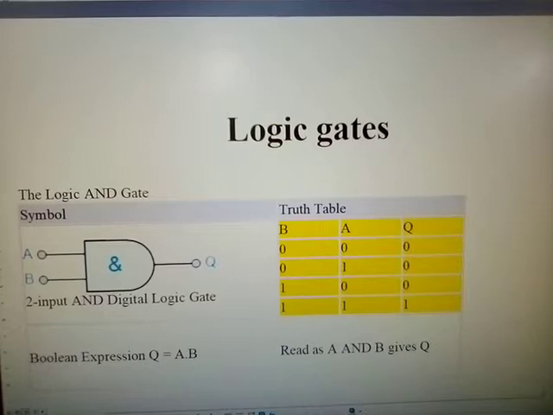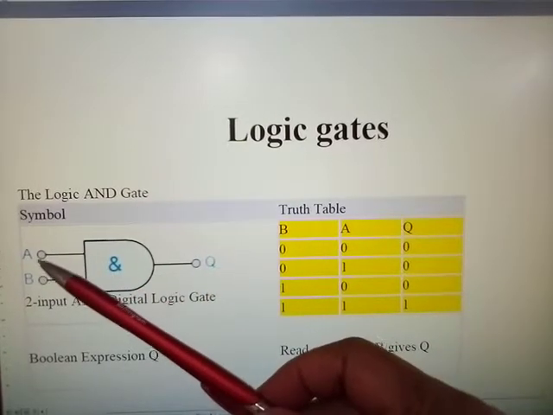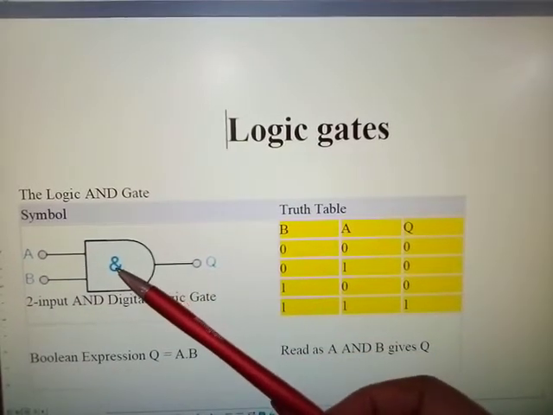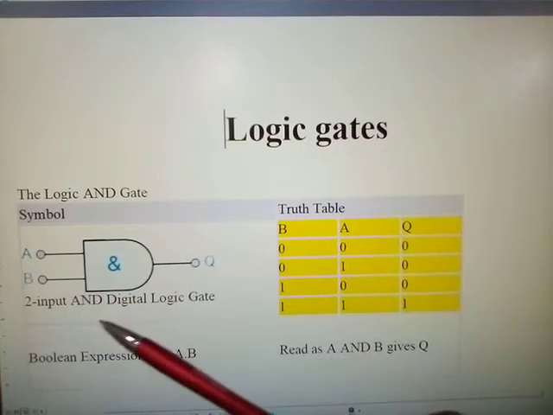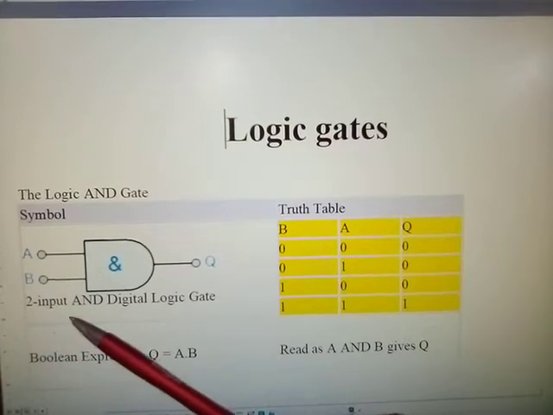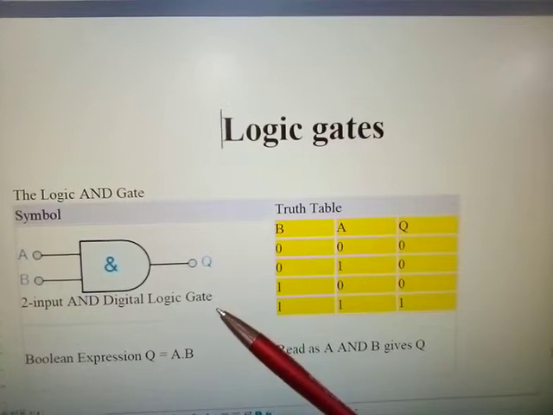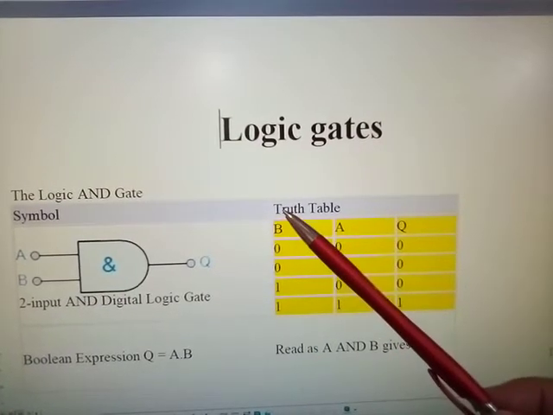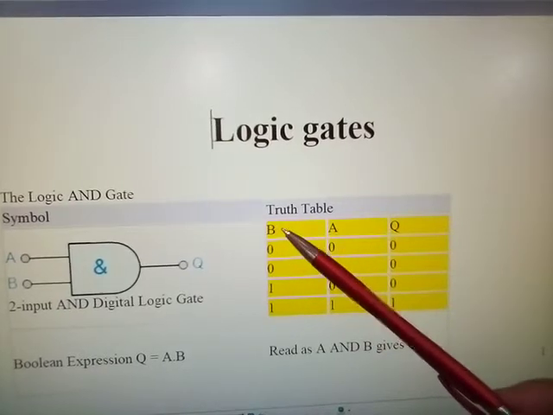Okay. Now here we have the logic AND gate symbol. That's your symbol and function. Here you have two inputs, A and B, and the output is Q. This is a two-input digital logic gate. Now what actually happens here is that we've produced a truth table, and we have input A, input